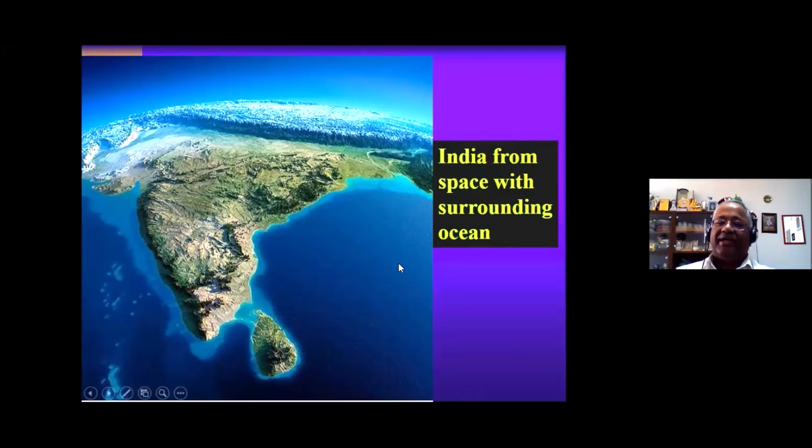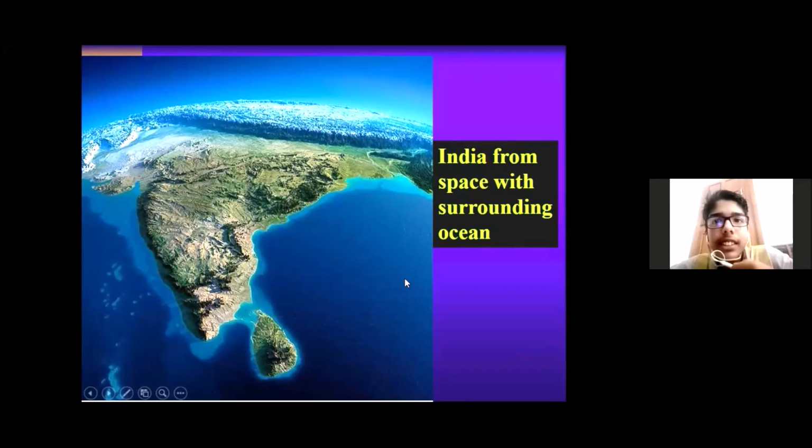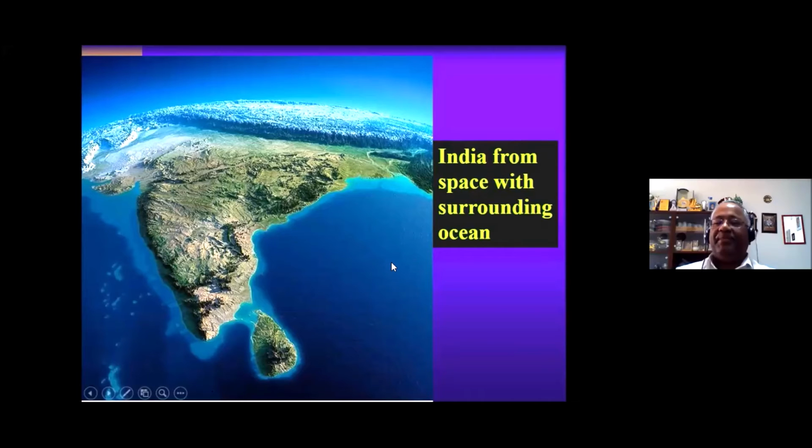Do you know the maximum water depth in the sea? At the Mariana Trench, yes, in the Pacific Ocean, east of Japan, more than 11 kilometers. Everest, somewhere here, is only 8.8 kilometers, whereas the Mariana Trench is 11 kilometers. It is much deeper than Everest. So that is the order of water depth.